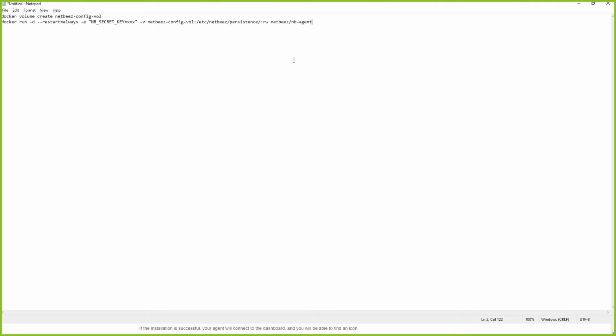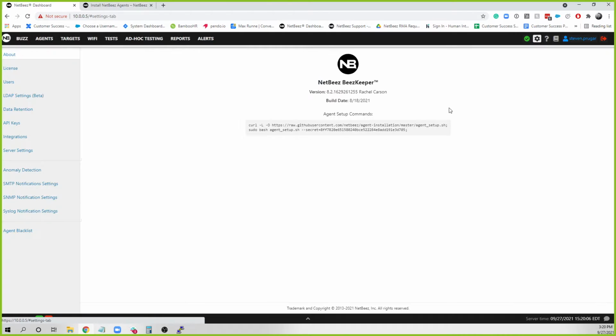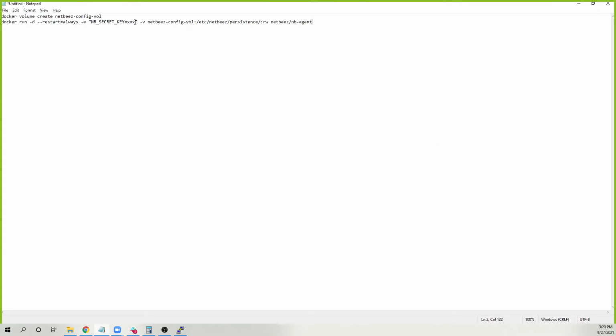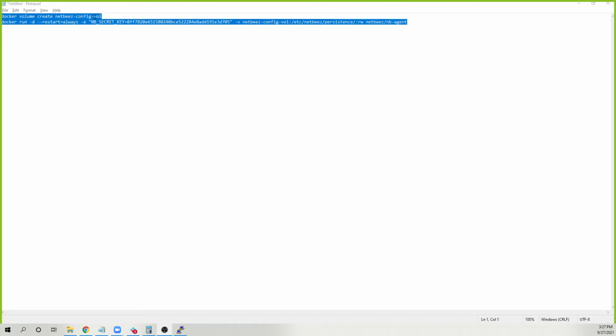And then next, we're going to want to jump back into the dashboard in order to get your secret key for the next step. Now what you want to do is go to the top right hand corner and click on the little cog. You'll want to copy and paste your secret key as seen here, and then you'll want to paste it where the 3 X's are right here. So just highlight, paste, and then we're going to take this entire string and copy it,